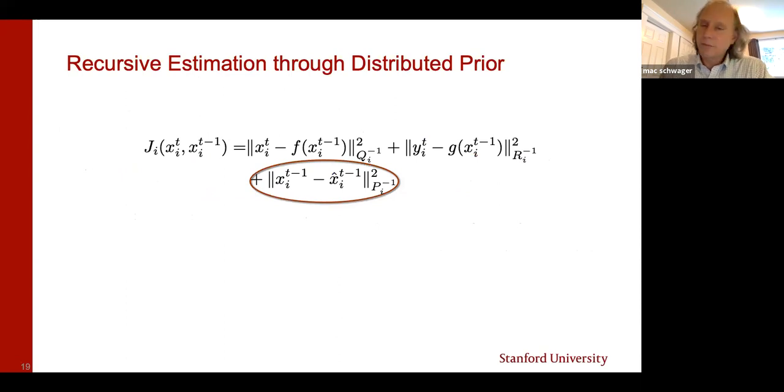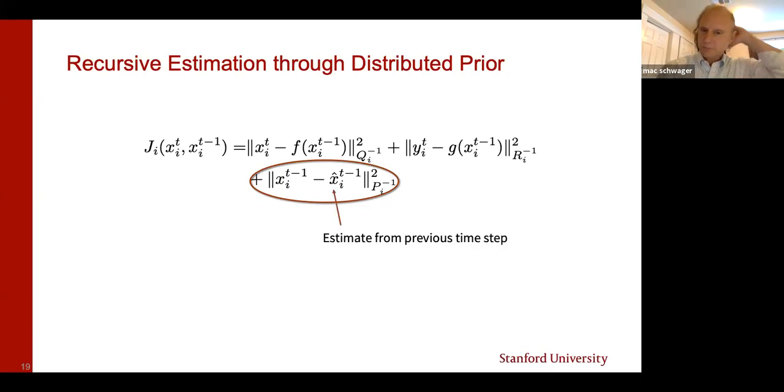So why are we not exactly retrieving the God's eye view centralized filter here? This is a little bit dirty. I'm going to gloss over some details in the interest of time. All the details are in the ICRA paper, so I highly recommend you take a look at that if you're interested. It has to do with this prior and how we're pulling our result from the previous time step to initialize our result for the current time step. This is all built into this prior error covariance matrix, PI inverse.